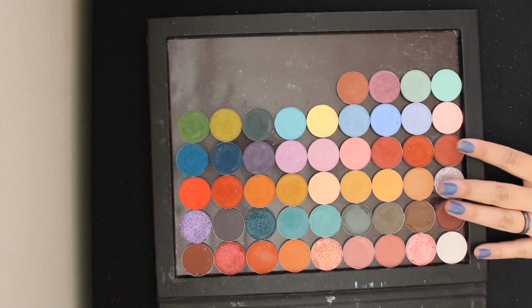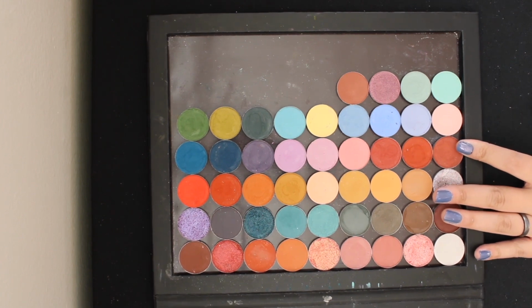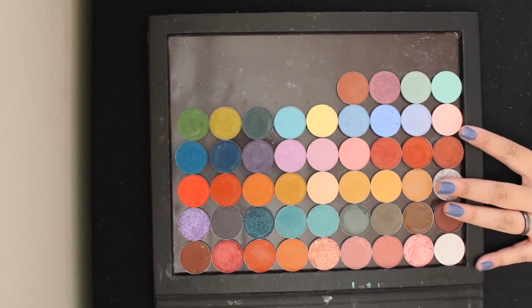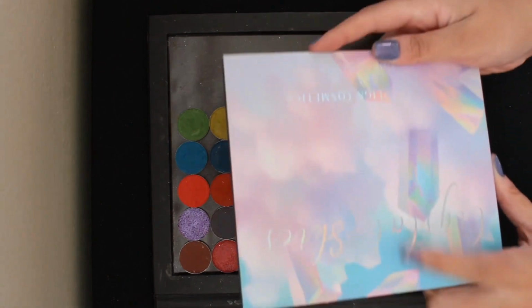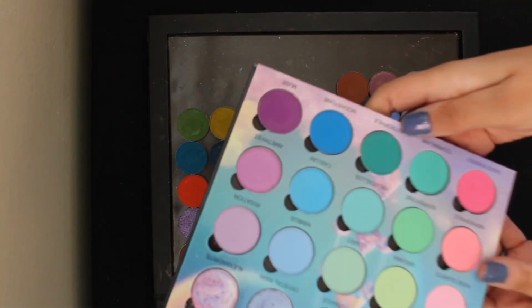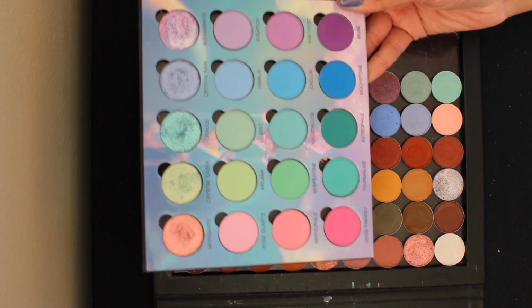So I feel that this is a really interesting one to start with, and what I'm gonna do is I'm going to actually pull out some palettes that are magnetic and see where I might have dupes. I'm not sure that anything in this palette is going to go, to be completely honest, but we will see. All right, so when looking at a lot of these mattes, the first thing I thought of was this Ensley Rain Crystal Skies palette, which is in collaboration with Katie Shifty Shadow. So this has a lot of mattes that could have potential overlap here, but